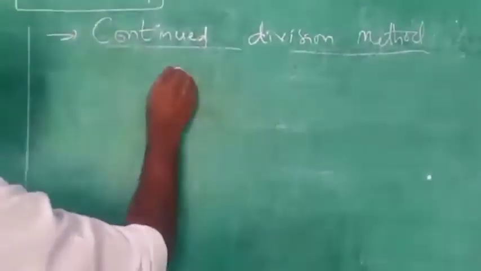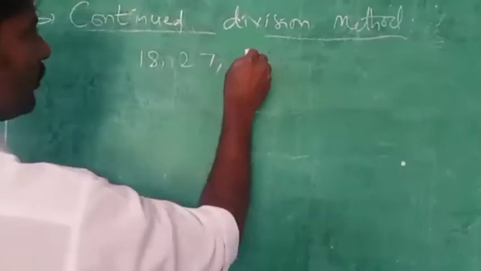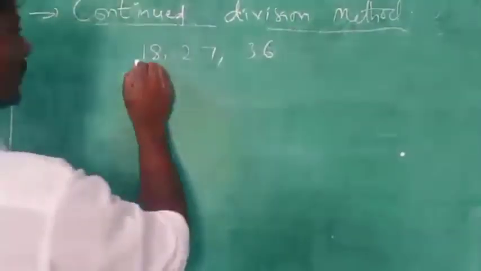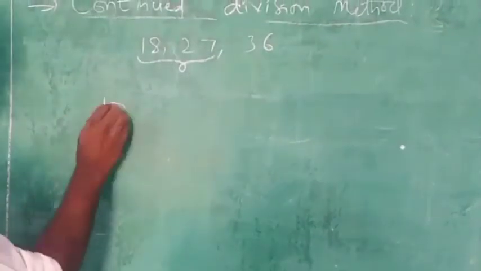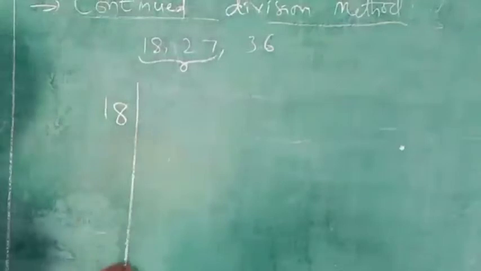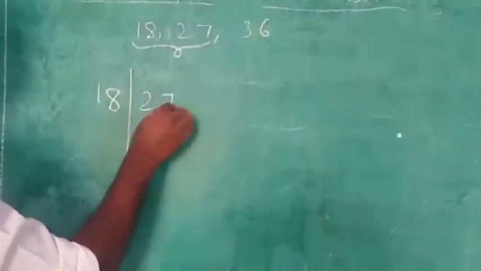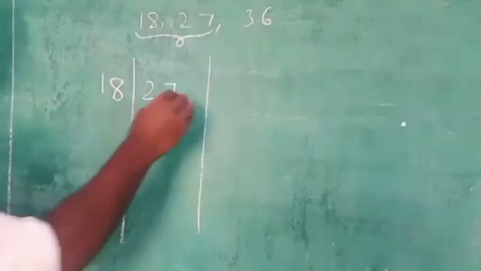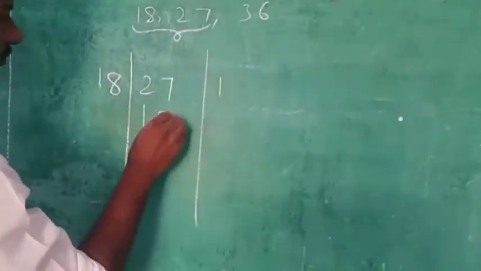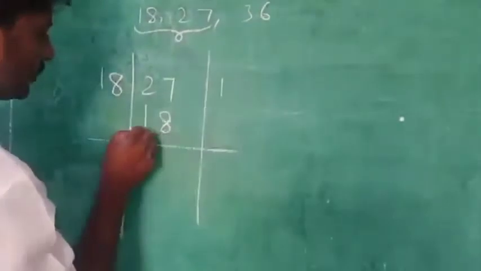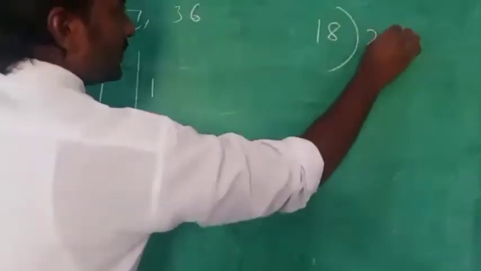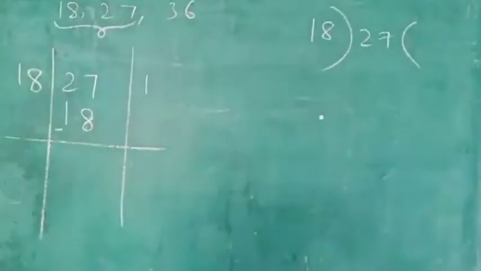What is the given question? 18, 27, 36. So you do one thing. I'll take these two numbers and divide. I'll take 18, division only, and then times 8, 9. And here 27. In the 18 table, 27 won't come, so 18 times 1 is 18. Subtraction. Same division only, don't get confused. We'll write here 18 divided into 27. In this way only, I wrote straight lines here.